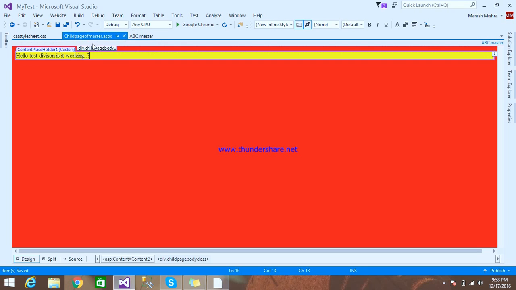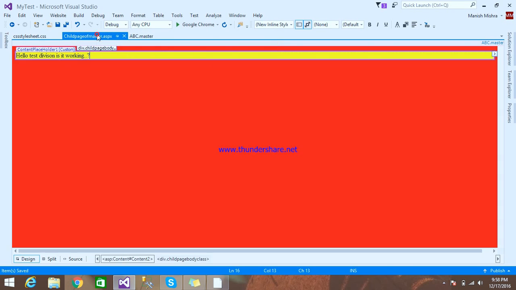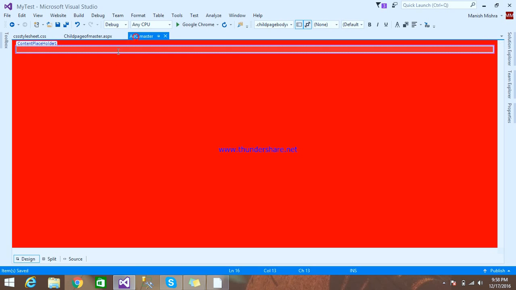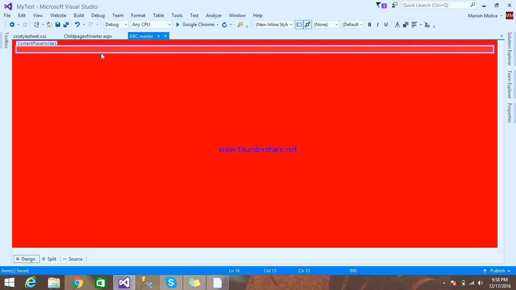Whatever you do on the child page will not affect the master page, but whatever you do on the master page will surely affect the child page as well. That is why the child page has this text, but the master page doesn't have this text.